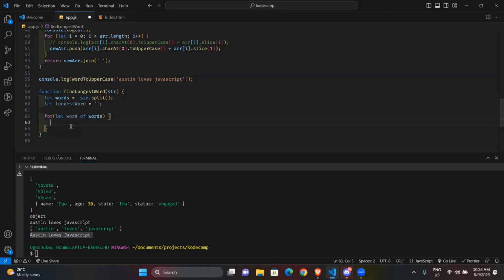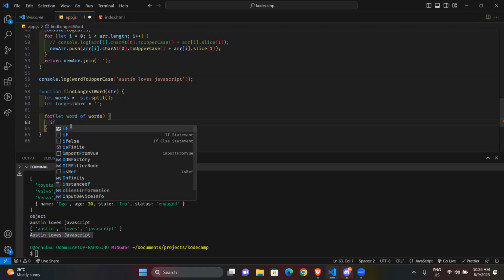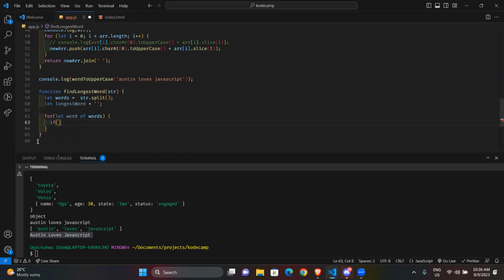So now you do an if statement inside here. What is happening here is that when you split it, it gives us an array. Now this array, we're saying pick an item, each of them it goes through. This is a loop, another way of writing a loop, more like a for each.